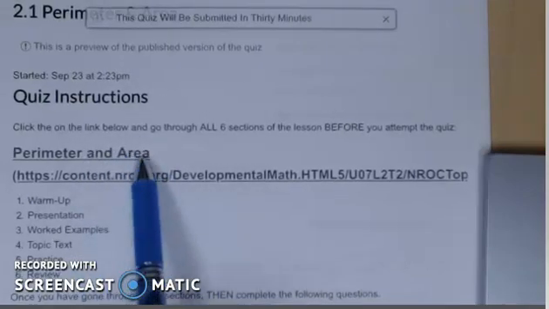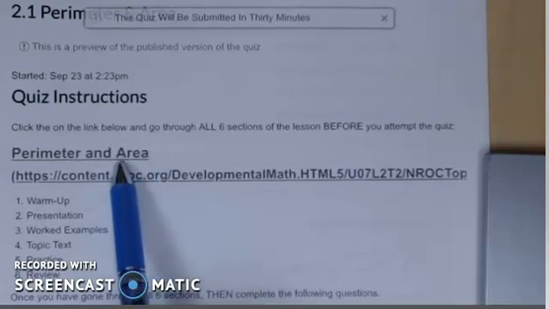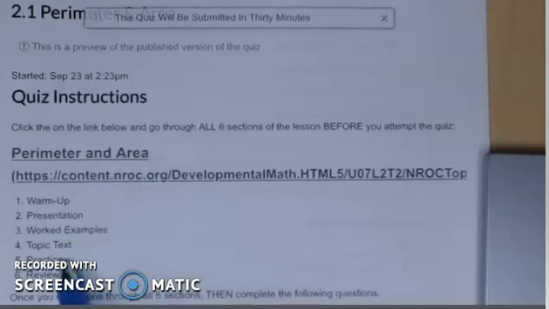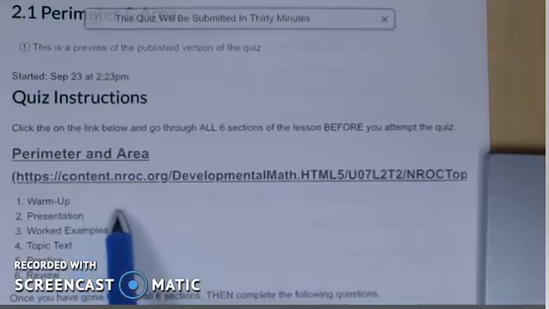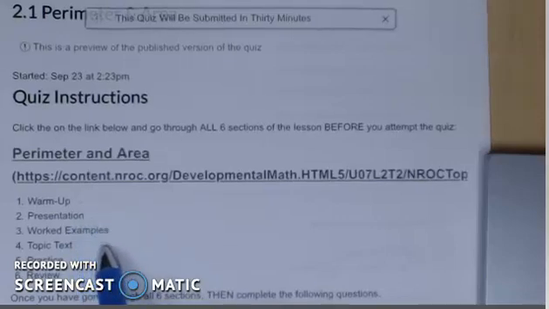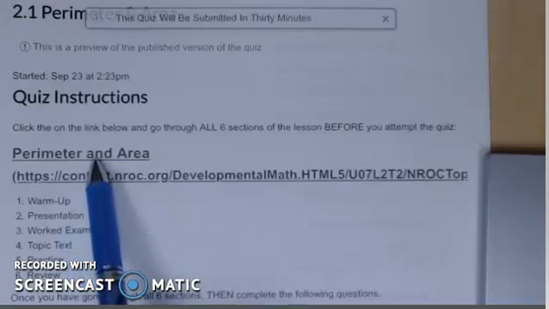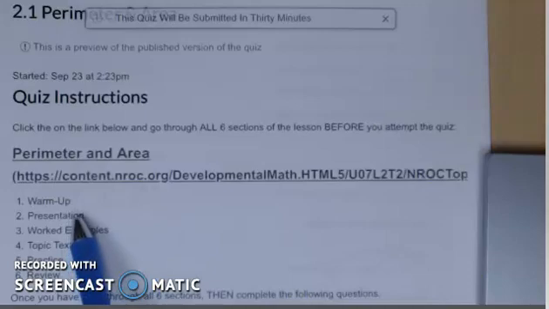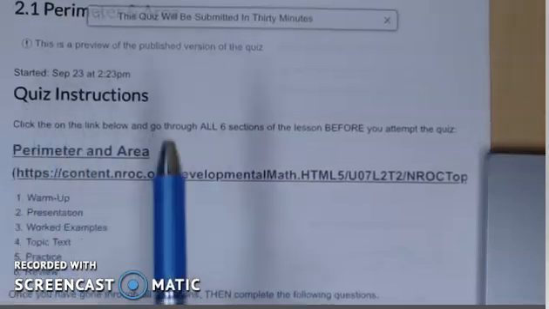If you had clicked on this link right here, it will take you to all these different options, and there are some great videos, some great practices, and all this is just resources for you. You do not get any grade on all this. If you're like, I don't want to do practice, she's going to see I'm getting wrong, this is not something that is trackable. When you click on this, it'll take you to some really great resources to learn it before you ever start on this quiz, so that within the 30 minutes,